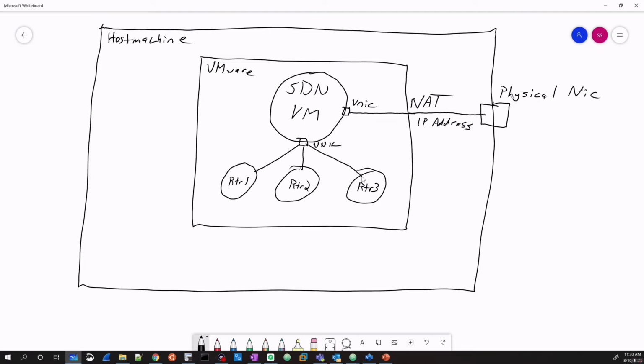And each router has 3 virtual NICs. Just because this is a lab environment and I'm most concerned about you being able to use Ansible to make configuration changes on these 3 routers more than I am in our lab environment being able to access the internet,